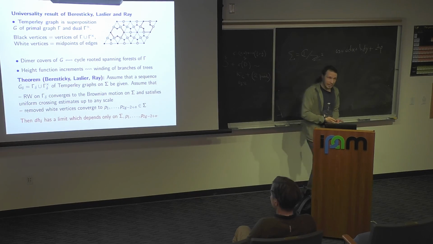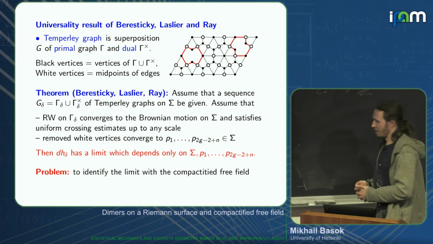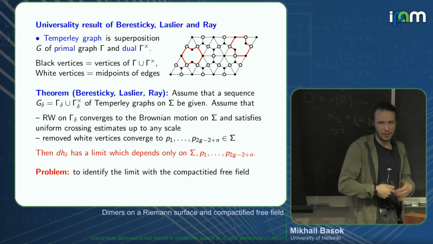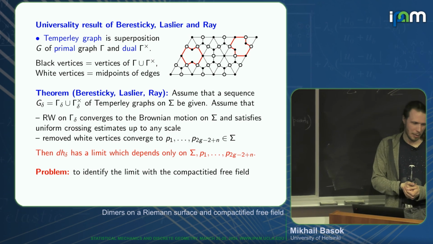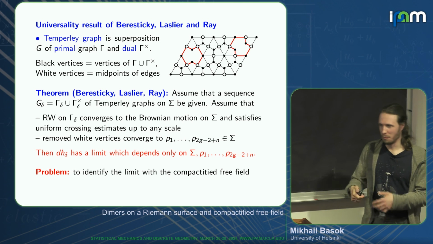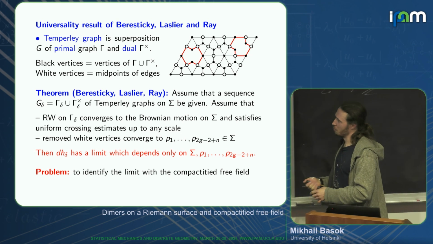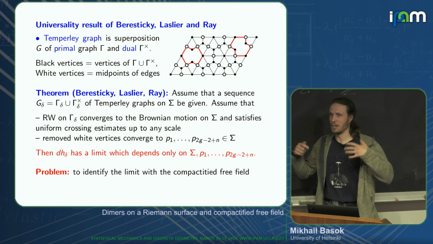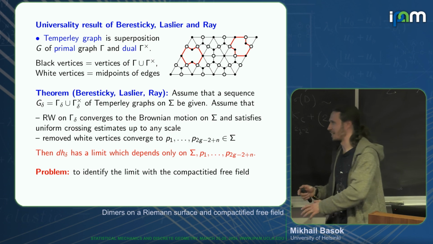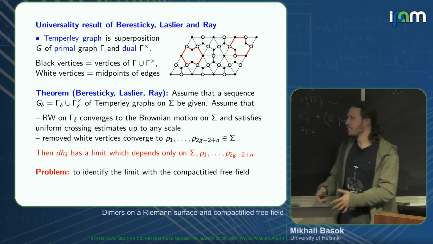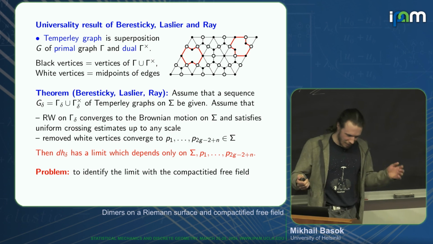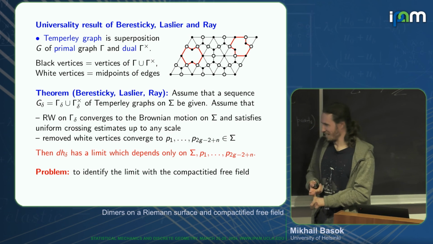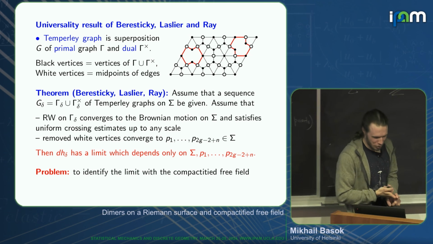Okay. But the problem that remains after this work is to identify this limit with the compactified free field. And the problem of identifying is probably because Nathanaël, Benoît, and Gourab are using only soft arguments, and it's very nice because they get a very general result, but it's not enough to write some precise formulas probably. So that's why this identification becomes a non-trivial thing in this approach. So actually it's a non-trivial thing in other approaches too, but at least